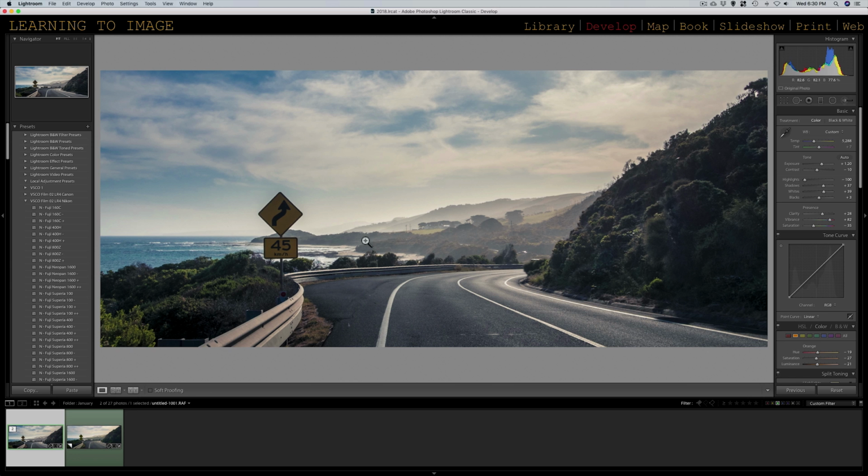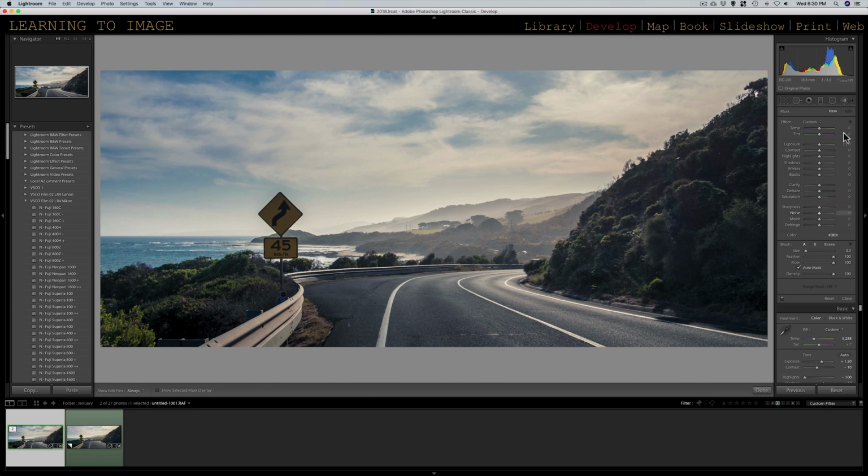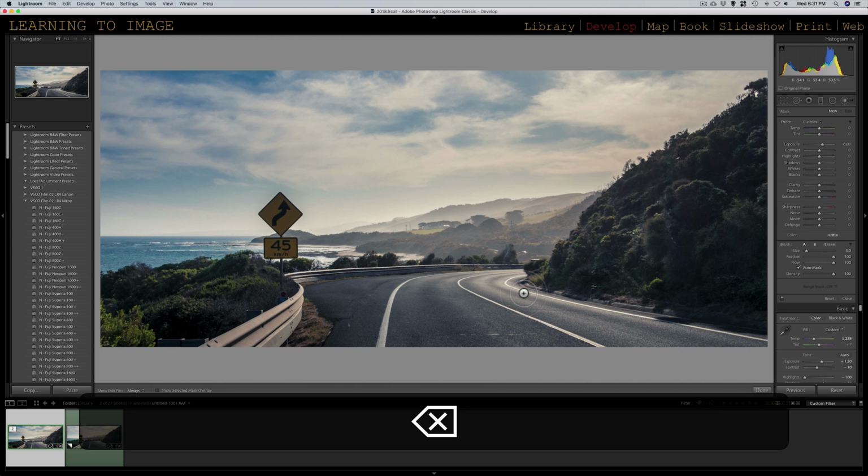This sign, if we wanted the sign a bit brighter, we could go over here. And we can just take the brush tool if we want. Turn the exposure up a tad. Auto mask is on. Paint this sign a bit brighter. And then now we can adjust the exposure further, should we desire. So this is just kind of quick and dirty here, but you get the idea. I'm of course not going to do that because I kind of don't want it to be the focus of